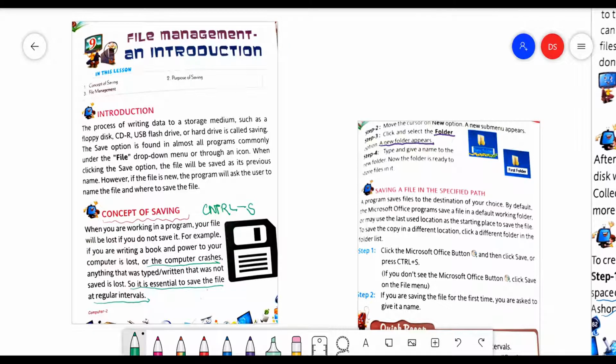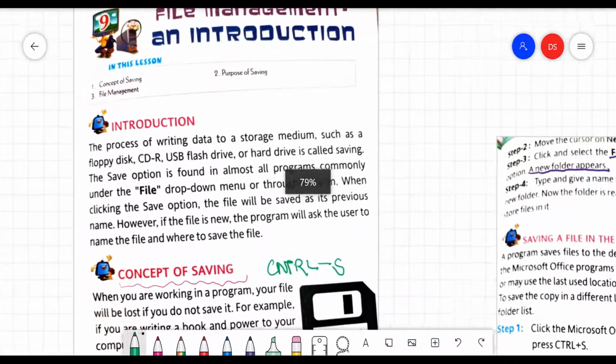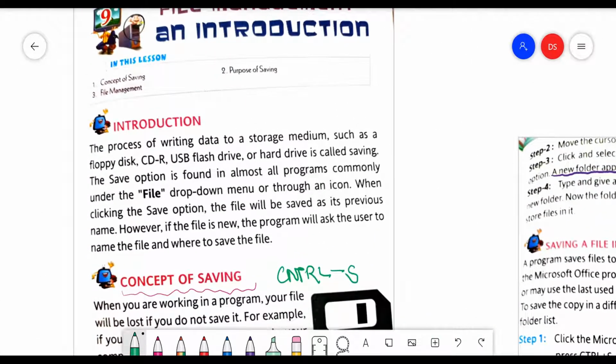We write some lines and there is a need to save the work again. Simply you press Ctrl S or you can go to the save icon. It is just above on the screen, where there is a title bar, below that there is a save option. It is just like a TV screen. You can press that part or you can give Ctrl S to save our work.